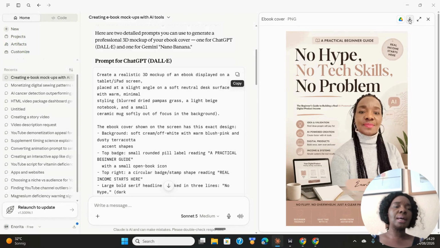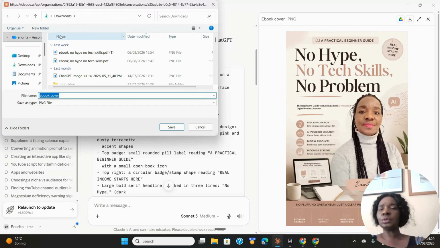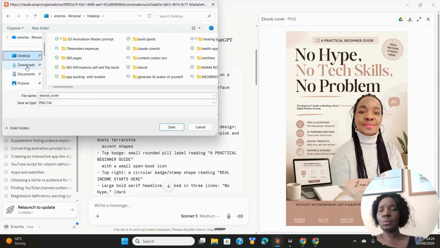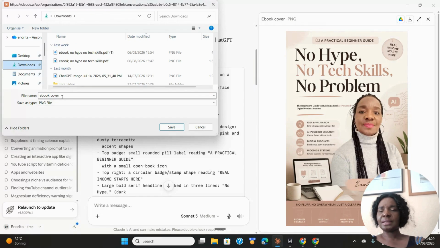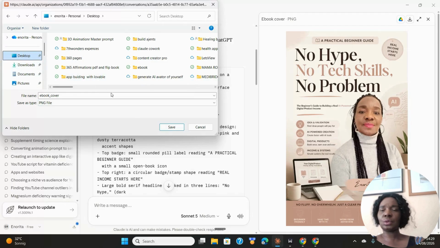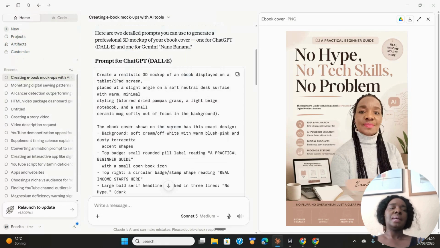So I'm going to go here. I'm also going to download it. I'm going to put it on my desktop so that I will know where to find it. It's ebook cover, so that's what I'm going to look for. And I'm going to, no, desktop, not download, desktop. So I'm going to save it so that when I go back to my ChatGPT,